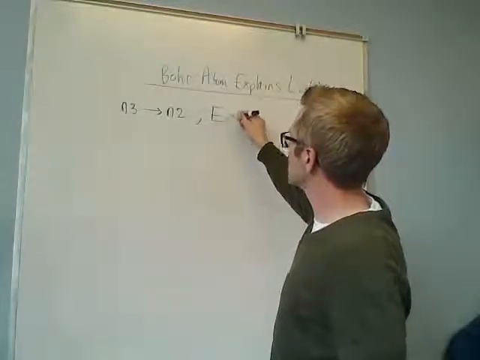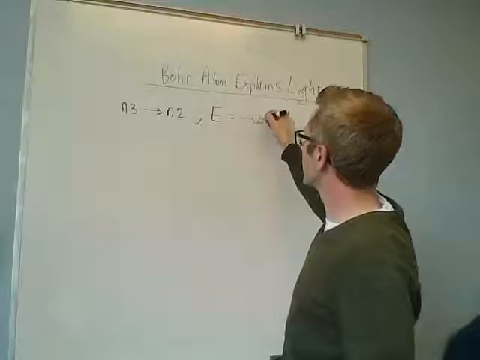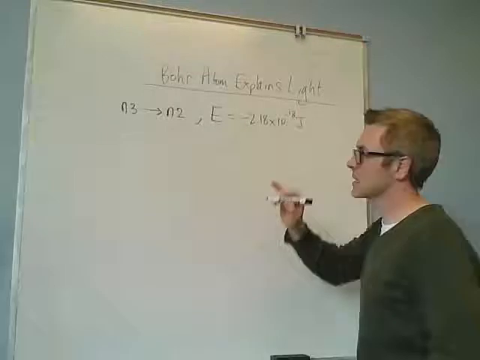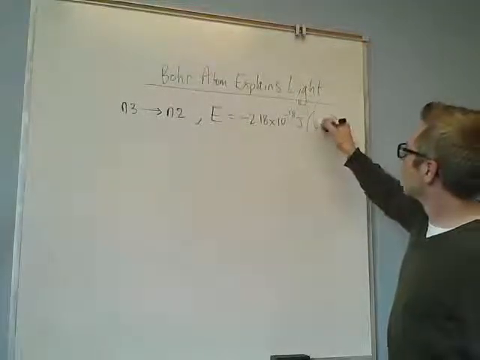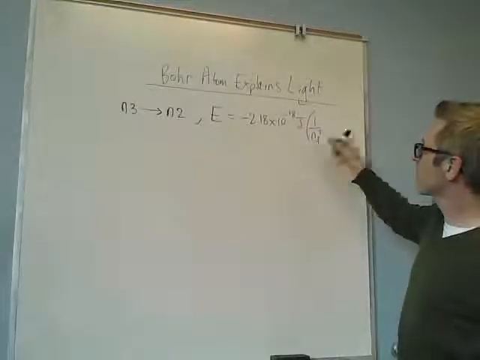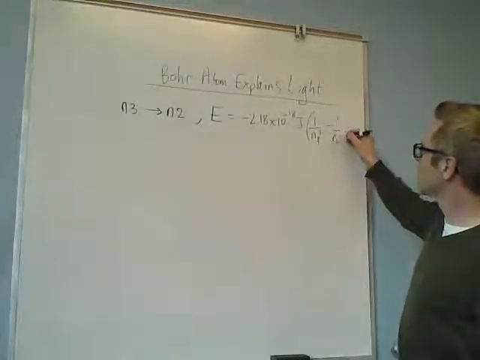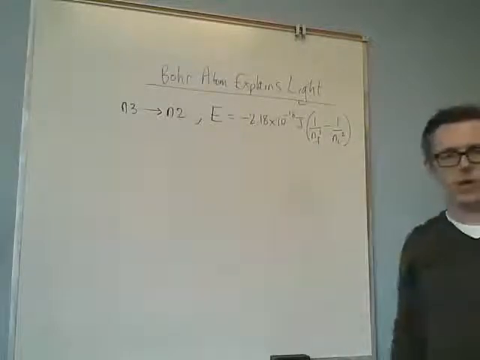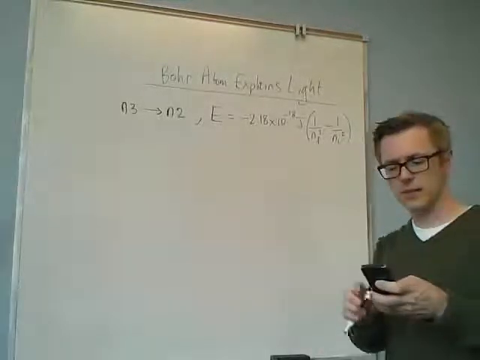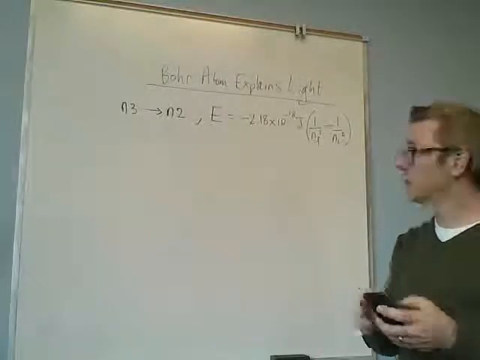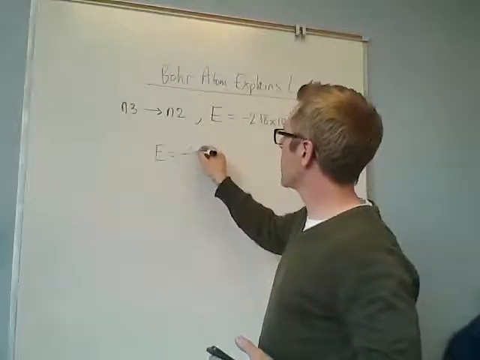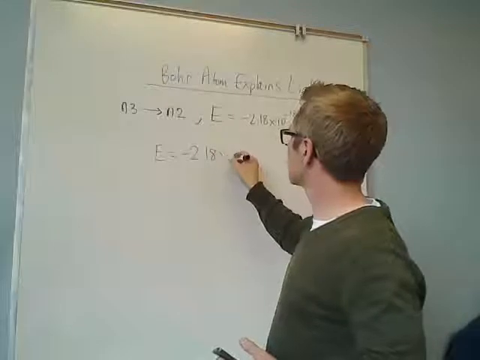That energy is going to be a constant minus a constant, in joules, that's the unit of energy, times 1 divided by the final energy level squared, minus 1 over the initial energy level squared. This is going to allow us to calculate the energy difference. So I have my calculator on my phone. So that energy is going to be minus a constant